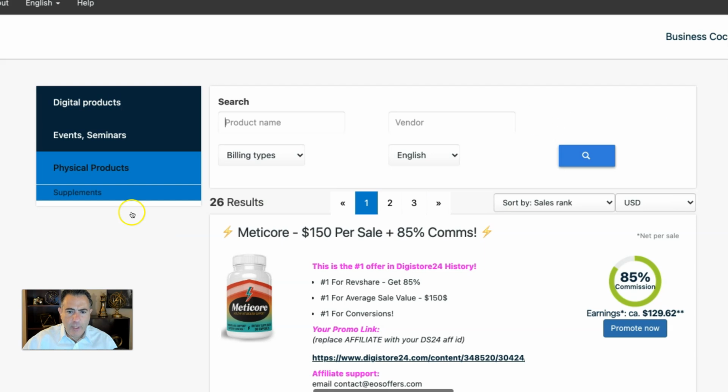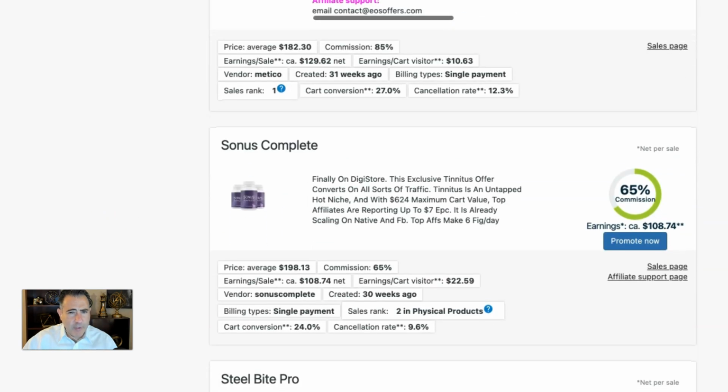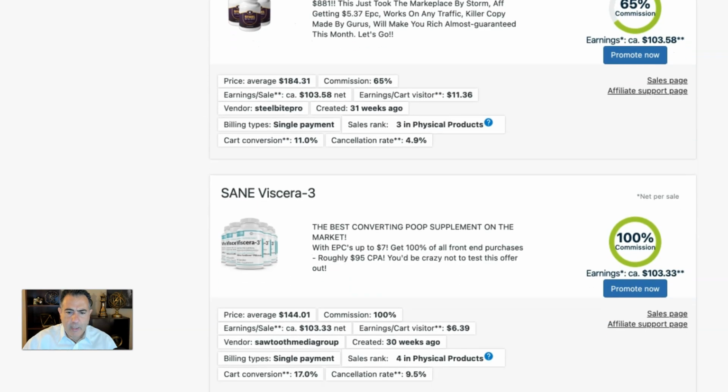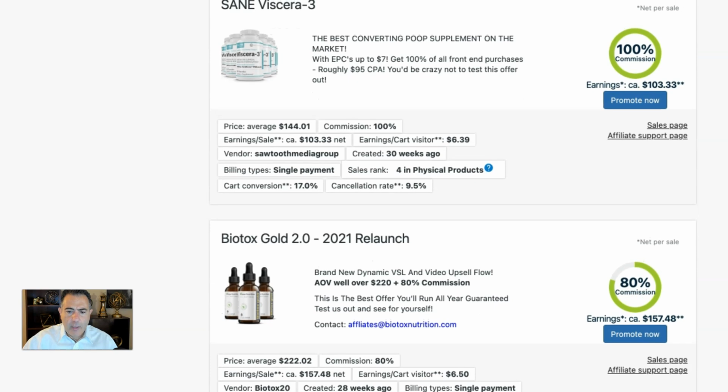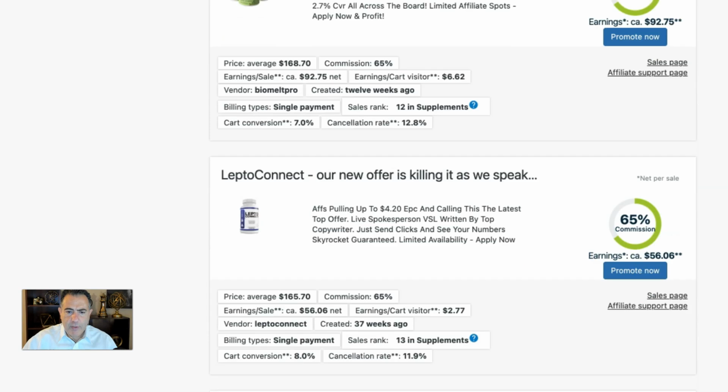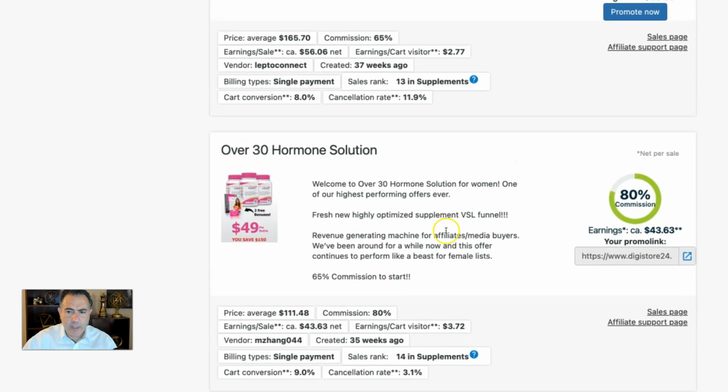Now, there are several reasons for us to click on physical product and supplement, because after what's going on in the world, a lot of people want supplements. For example, a lot of people gain weight, and a lot of people have some emotional issues as well. The one that we want to do should not be too expensive. Pick something that is really good, something like this.